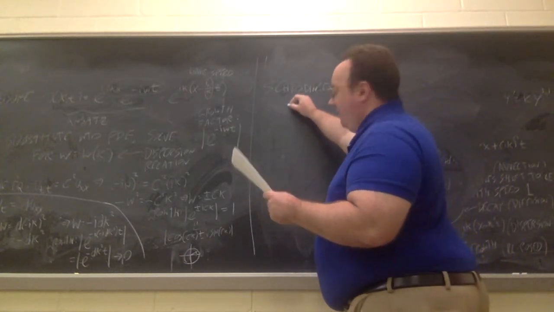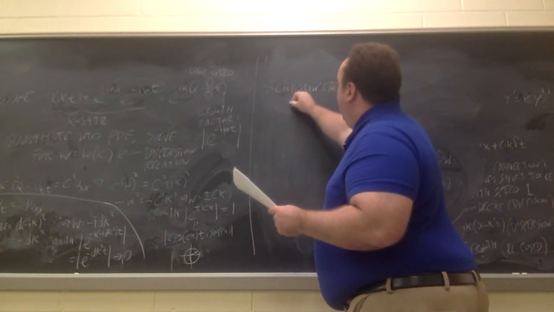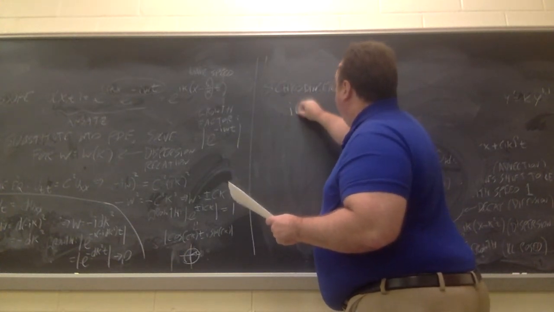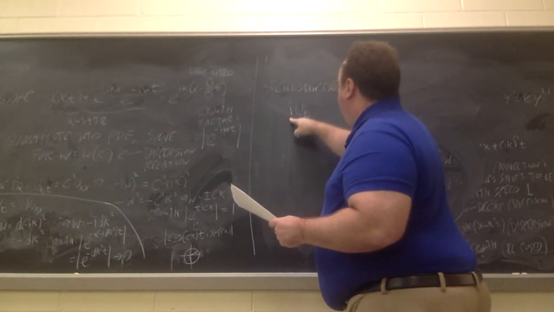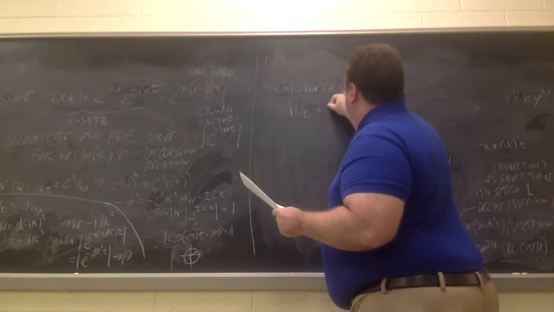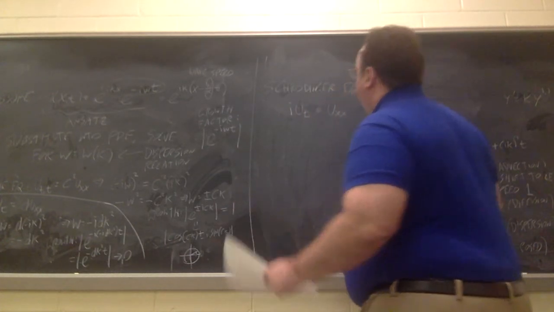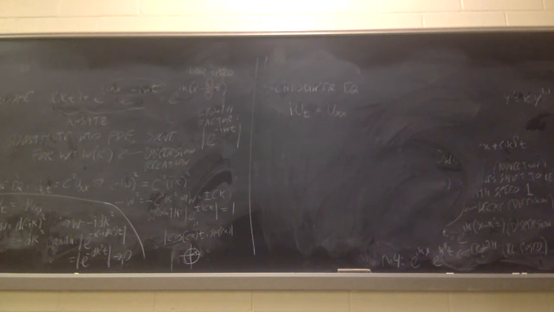But Schrodinger did a lot of things. So this PDE has an imaginary coefficient, i u_t is equal to u_xx. So very similar to the heat equation. In fact, we're just going to have an extra i on the left side, and there's no coefficient d